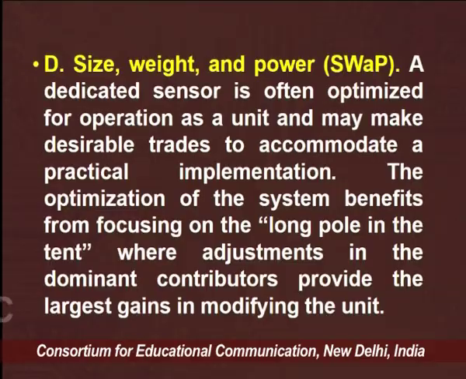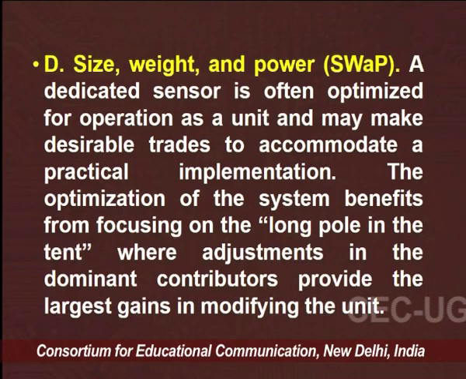Another is the size, weight and power. That is also SWaP, which is mentioned for each sensor, that is size, weight and power, and it is prepared according to its application. A dedicated sensor is often optimized for operation as a unit and may trade off desirable traits to accommodate a practical implementation. The optimization of the system benefits from focusing on the long pole in the tent,